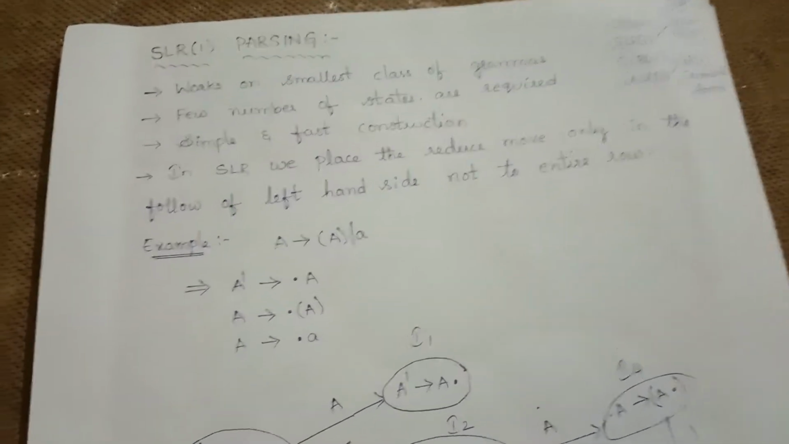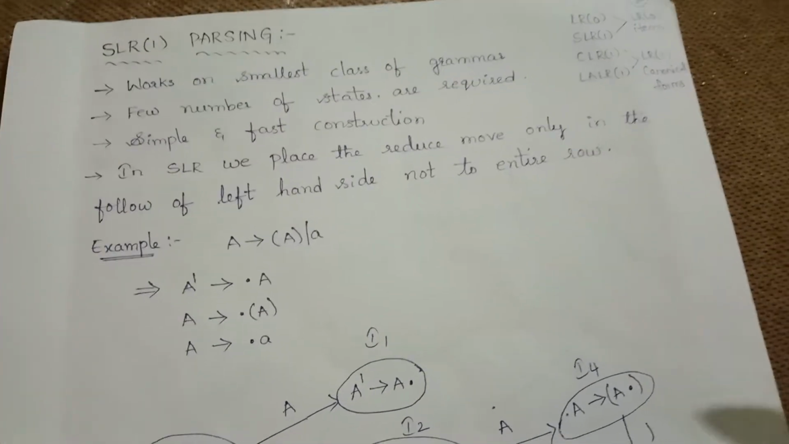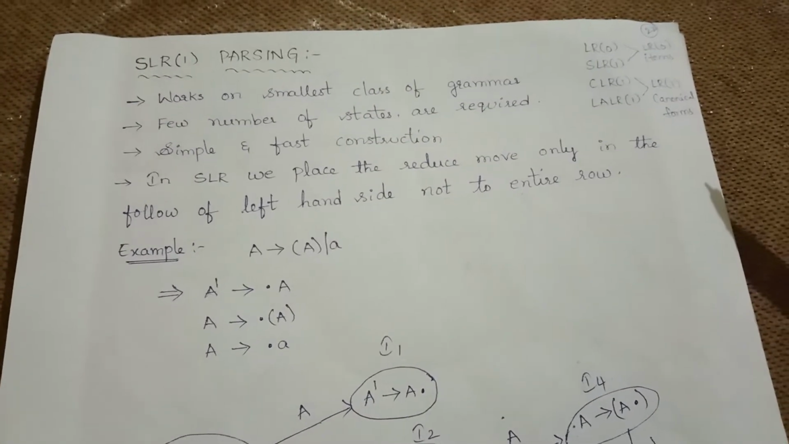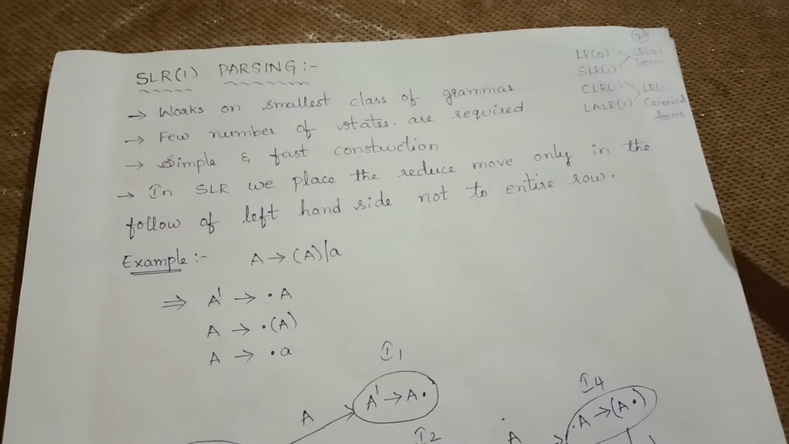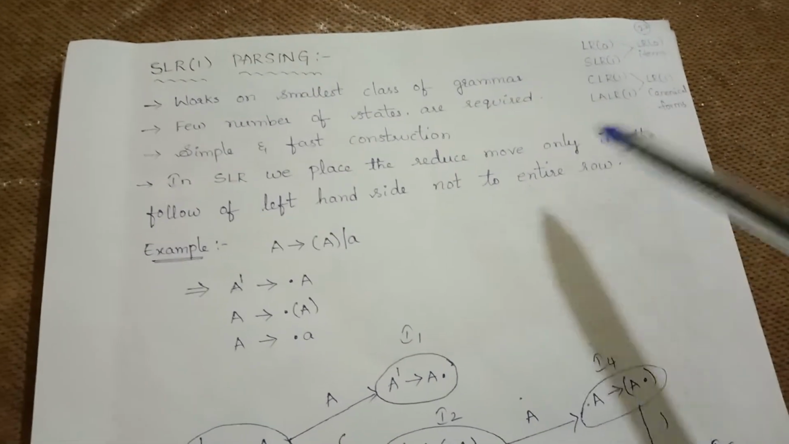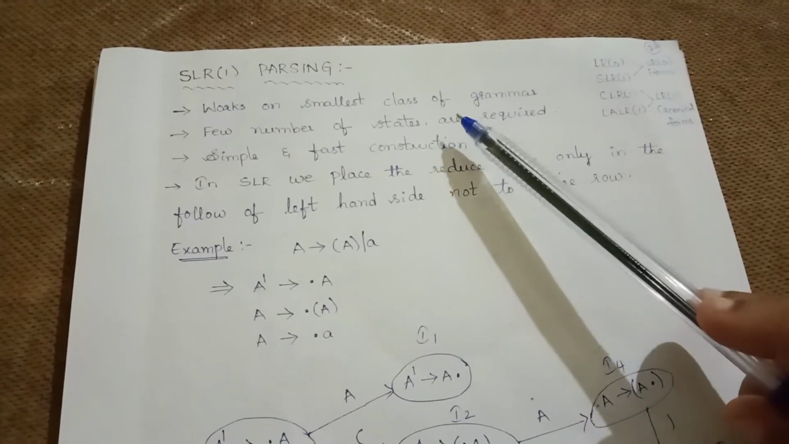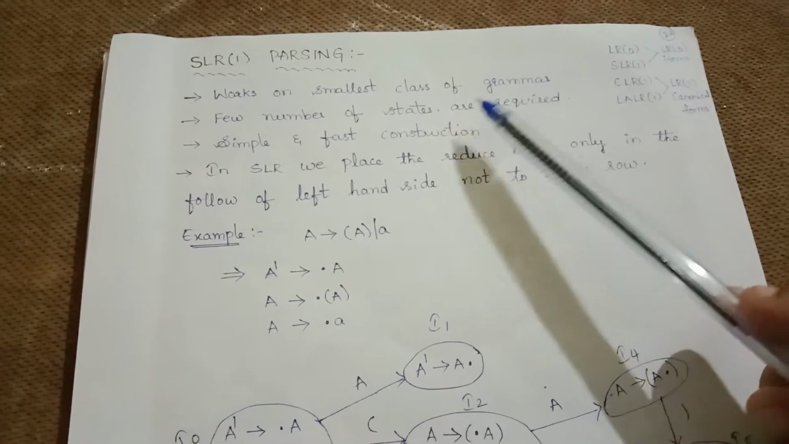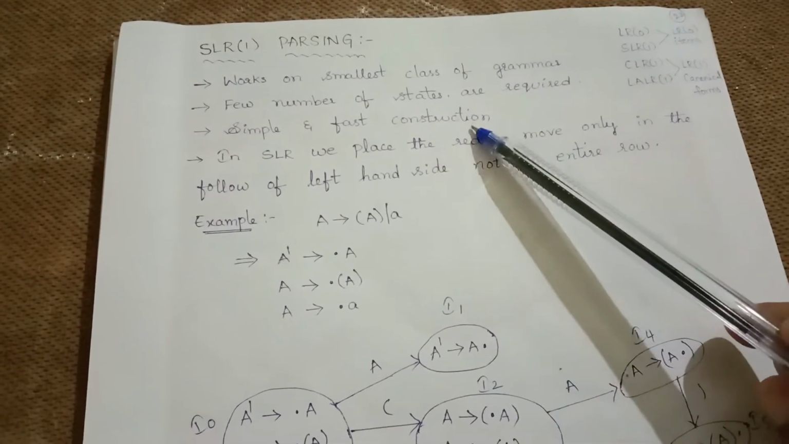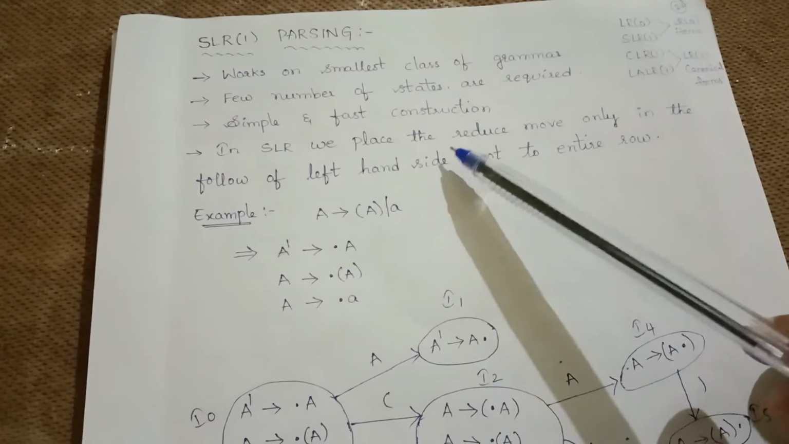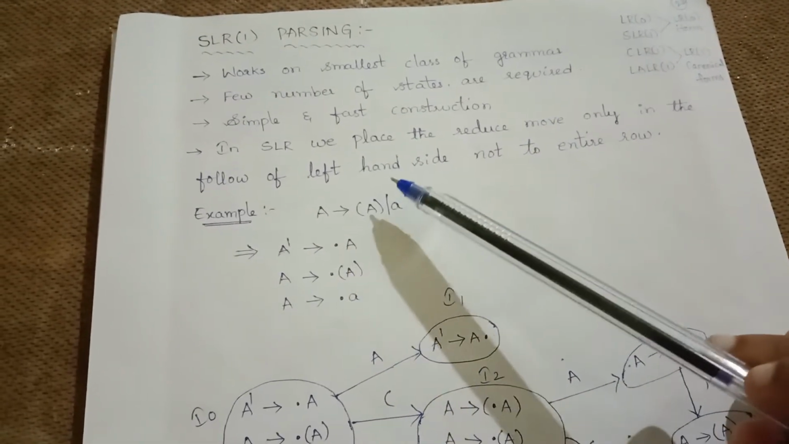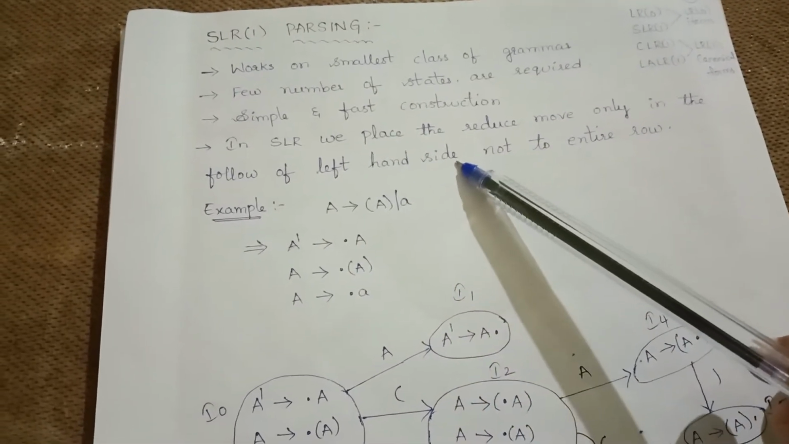SLR1 parsing. For LR0 and SLR1, we are going to use LR0 items. And for CLR and LALR, we are going to use LR1 canonical items. SLR parsing works on the smallest class of grammar. Few number of states are required. Simple and fast construction. In SLR, we place the reduce move only in the follow of left hand side, not